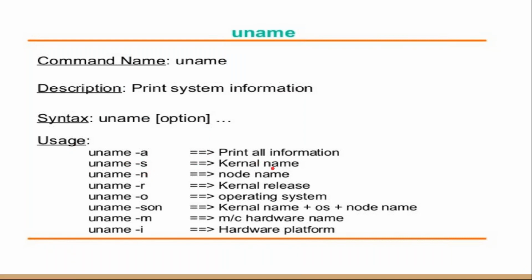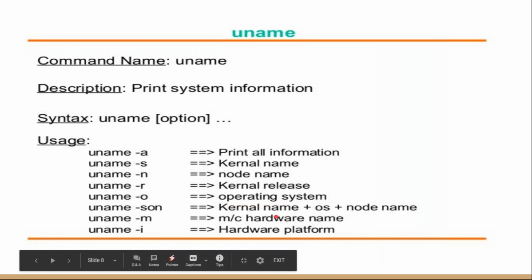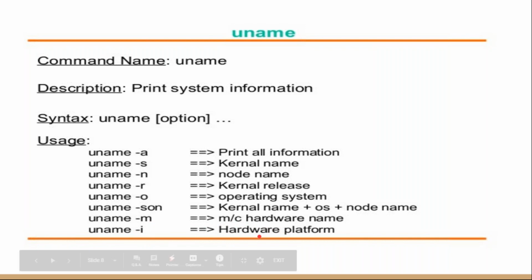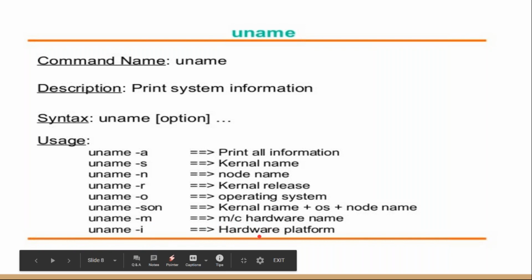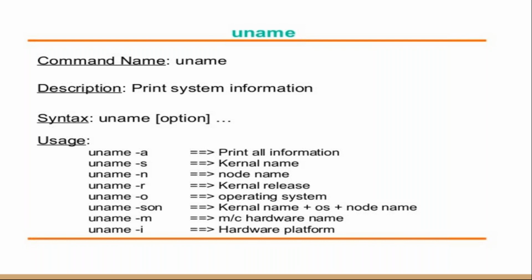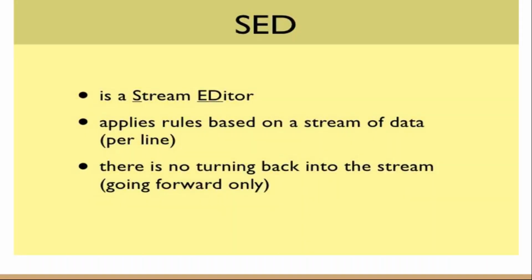Similarly, one more command being asked is uname. It will print the system information, and these are all the options like hyphen a, print all the information. S stands for name, N node name, kernel release stands for kernel name, and also OS plus hardware, your MAC address. It will print all of your user defined, you can say user session.